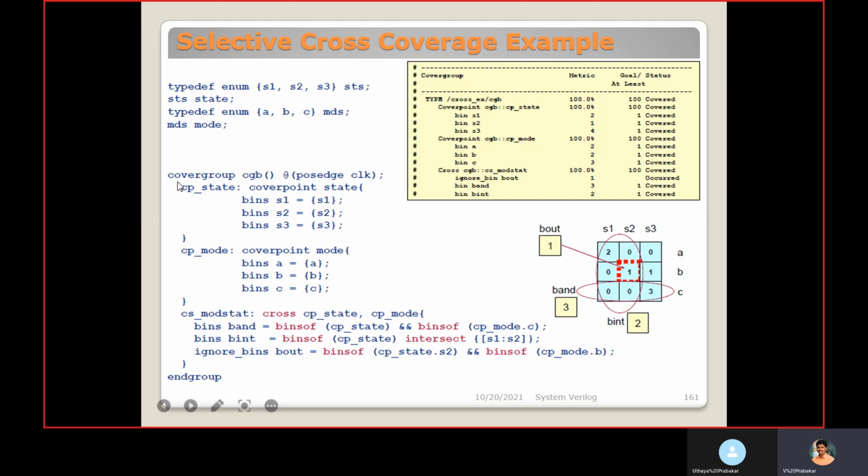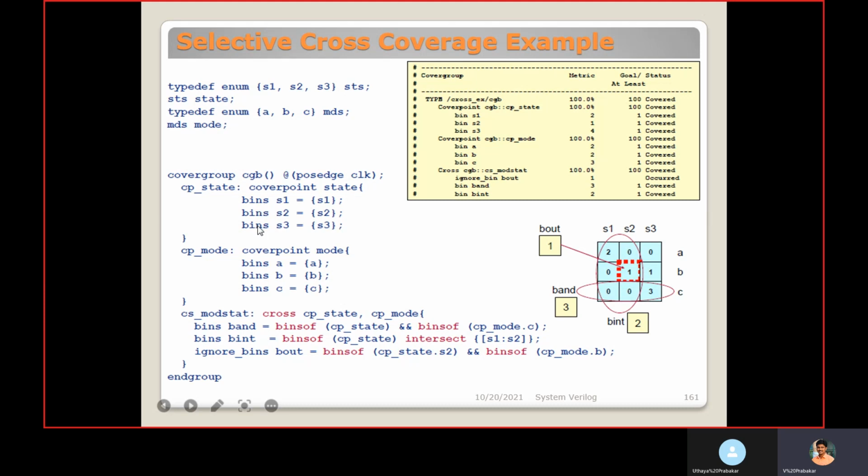So here we are writing a covergroup name and arguments. This is optional. If you want to pass anything while we create new for this covergroup, you can get it here. At the posedge of clock, we are going to sample the values for the coverpoints. Here I created two coverpoints. One is CP state, the coverpoint for state.